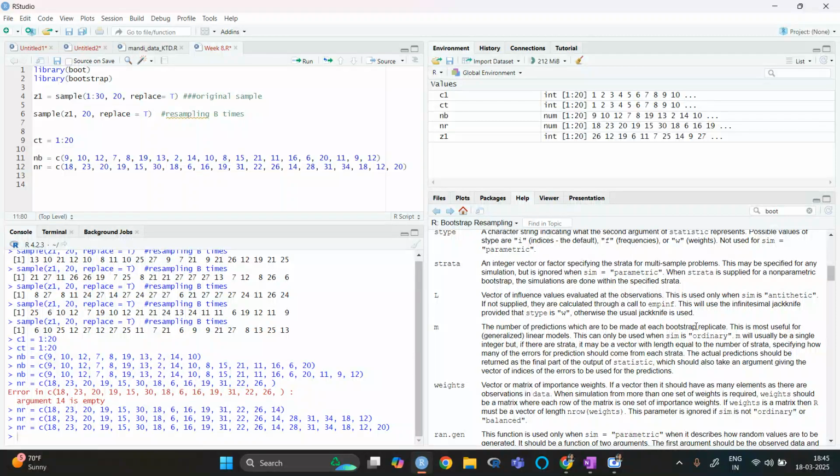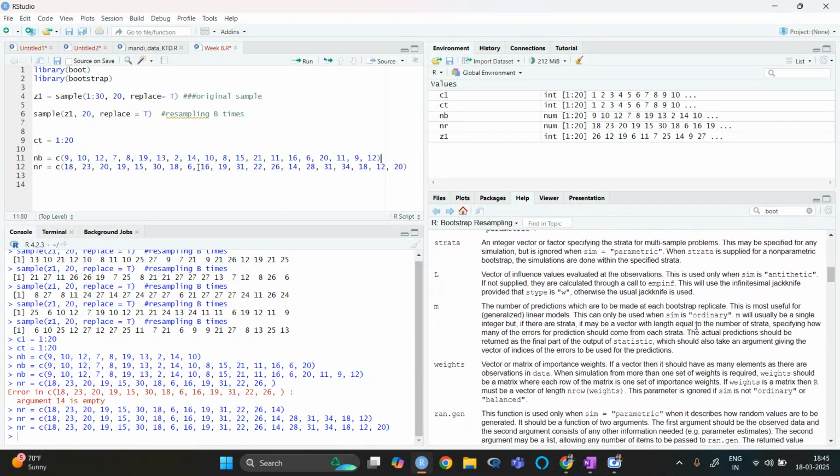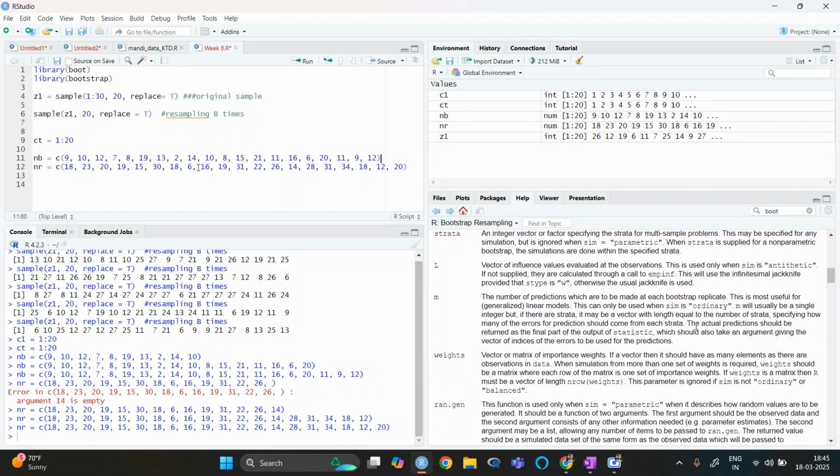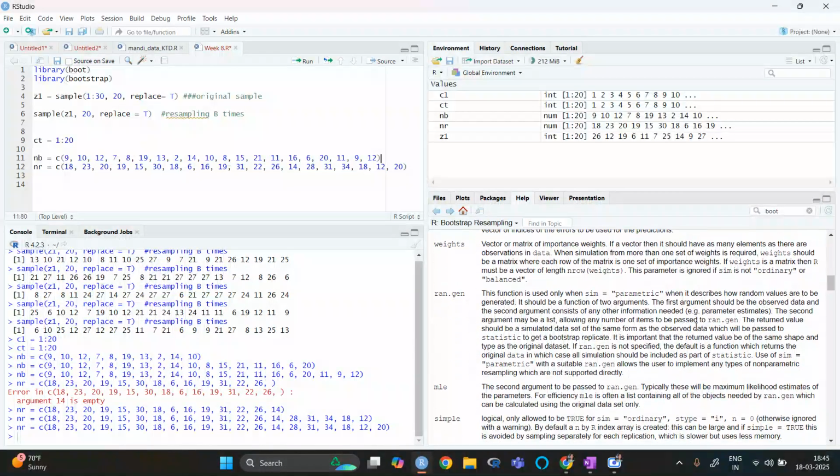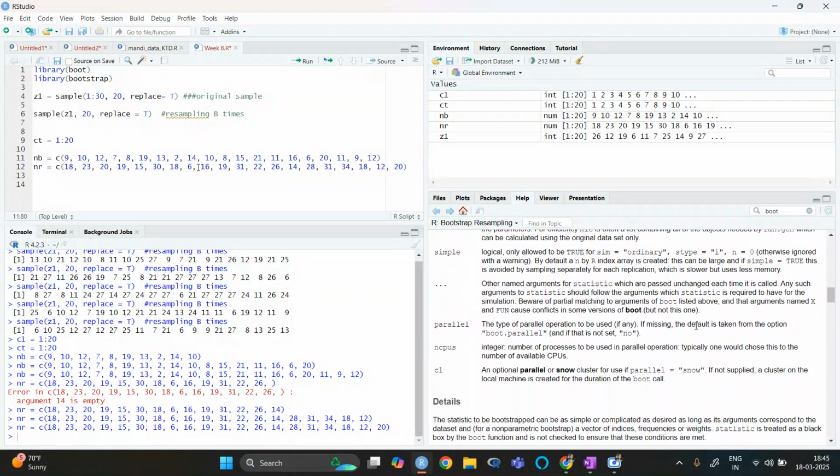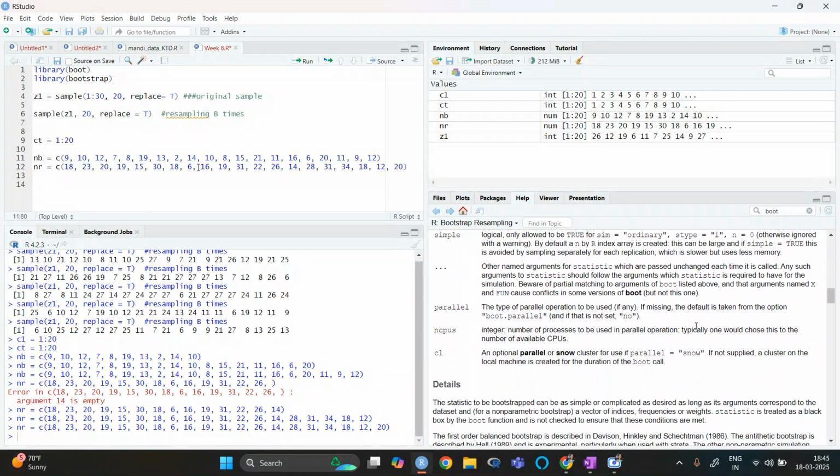So whether we want to use strata or not, we have discussed strata before. Depending on what you want to do, we can take those options. Here we are using just simple bootstrap, so we will simply run it